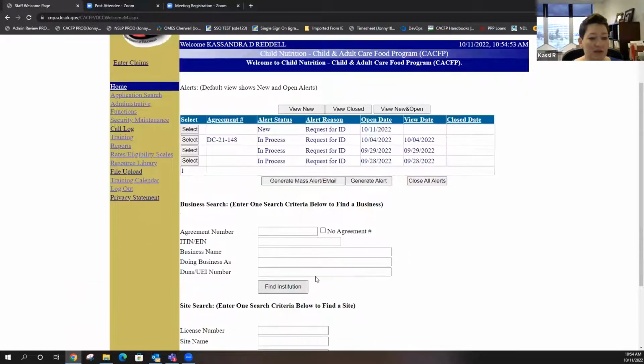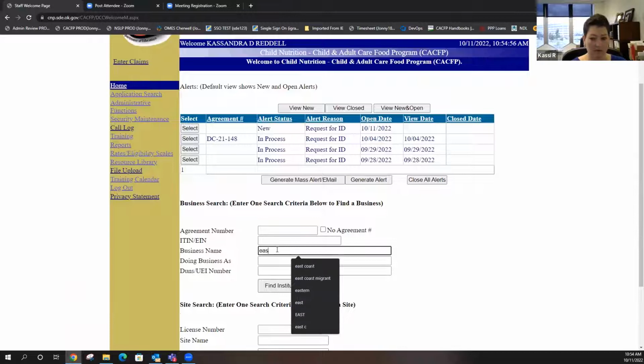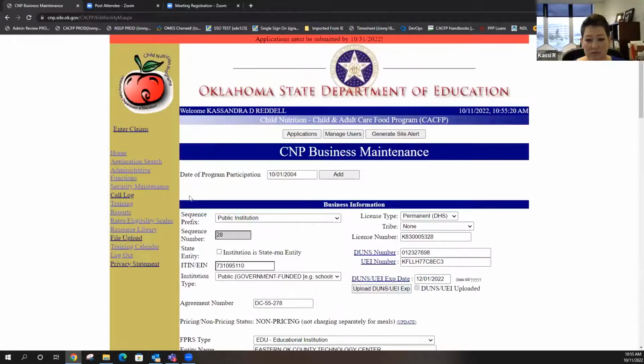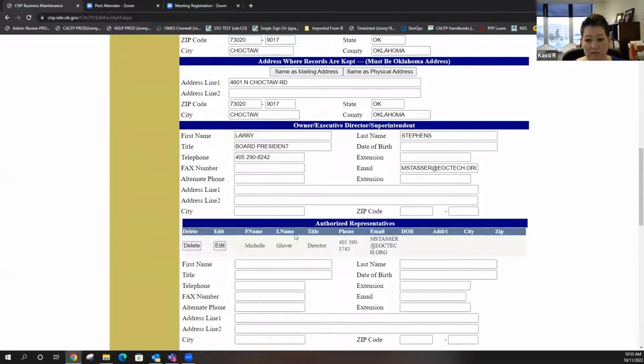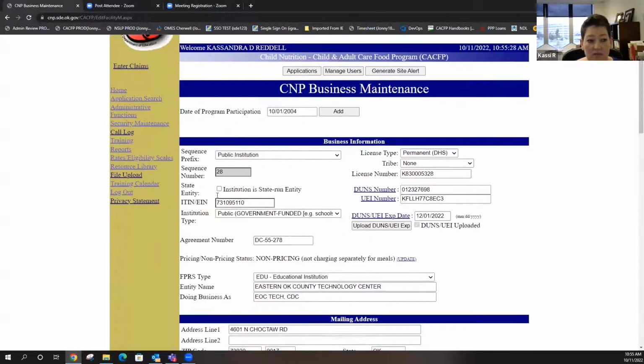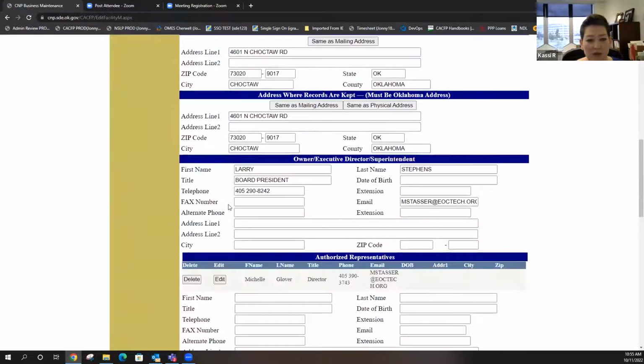But sometimes, Kelly, you're with EOC. Let me look it up real quick. That's what I'm saying. With every rule, there's always an exception, especially in this, because sometimes we have such big institutions, we can't hardly expect the main person up here that has the responsibility of hiring and firing to attend that training. Which one are you? This one? Maybe not. Oh, that is you. Okay. So what is your title, Kelly?